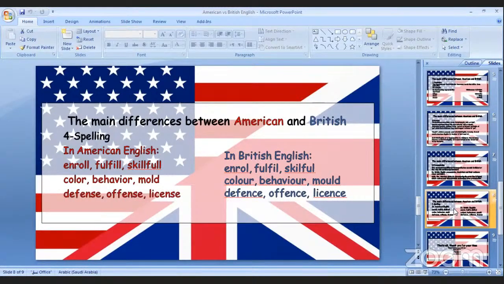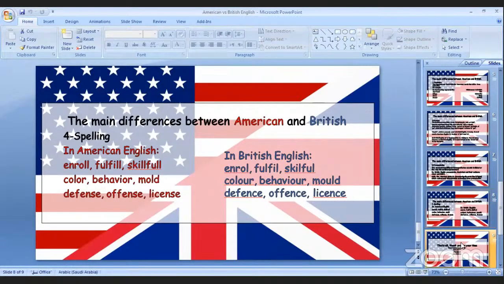Behavior, color, mold, defense. Behavior. Offense. Behavior in American English, behaviour in British. Yes. Yeah. Offense. Defense, offense. License, offense or license. Okay, license, yes. Right. So here, add this, you guys. Amal and Hayam